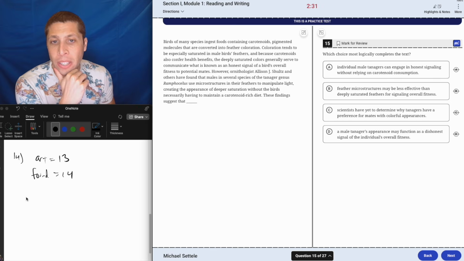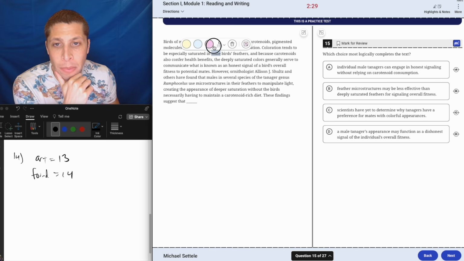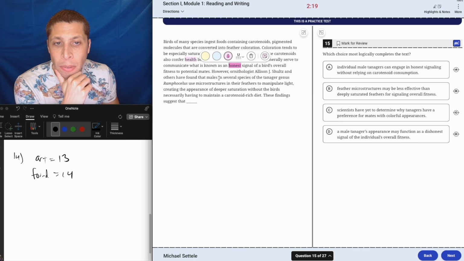Coloration tends to be especially saturated in male birds' feathers. That seems important because carotenoids also confer health benefits. I've seen this question too. The deeply saturated colors generally serve to communicate what is known as an honest signal of a bird's overall fitness